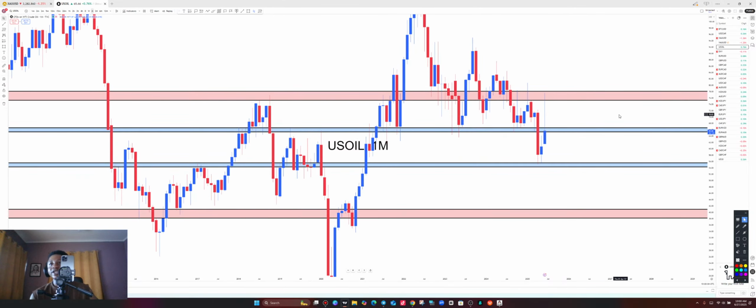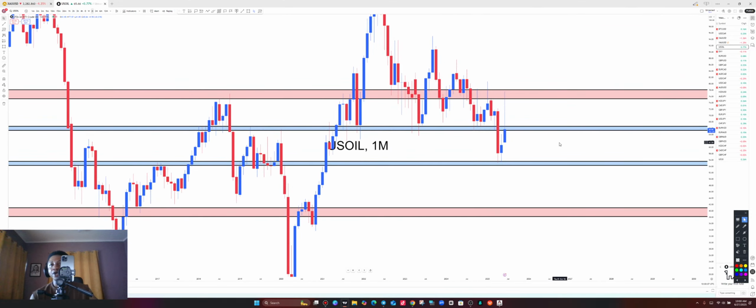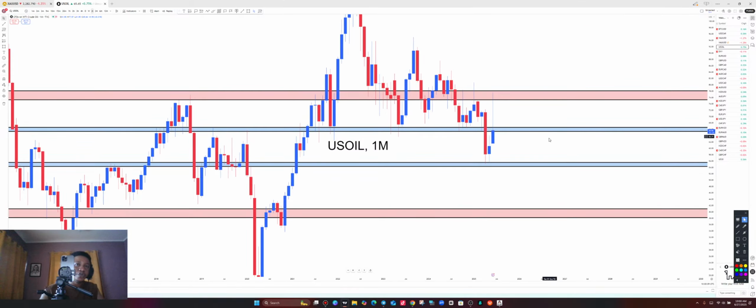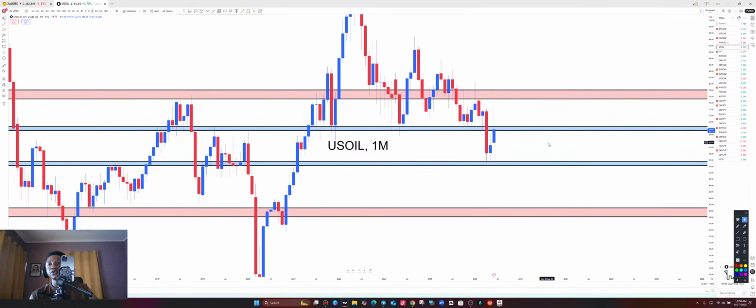All right, so this is the monthly time frame of US oil. Let's put meaning into it very quickly. If you look closely at the monthly time frame of US oil, we also have the upper zone and then the lower zone. Price has been able to break below this support level to the downside with what? With a push. After a push, what have we seen? We've seen a retest. We've also seen a strong pin bar here, and we are also going to see what? A continuation push all the way to the downside.